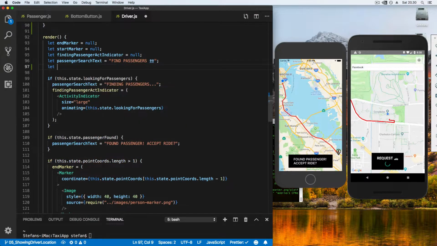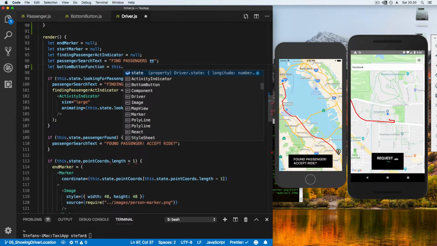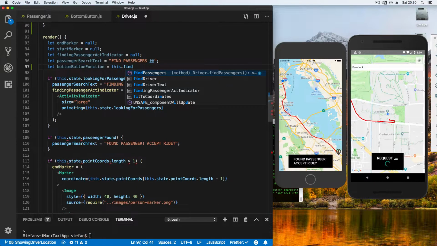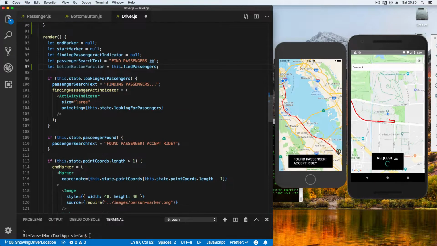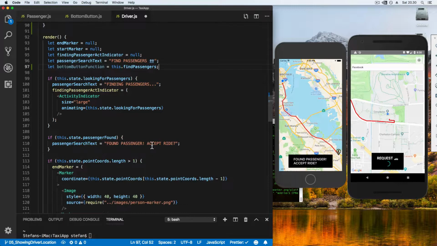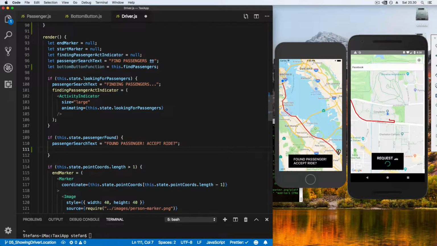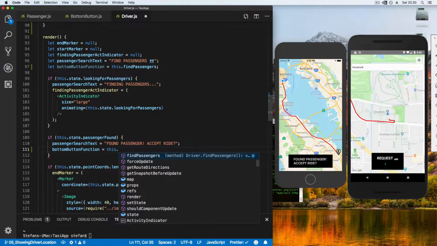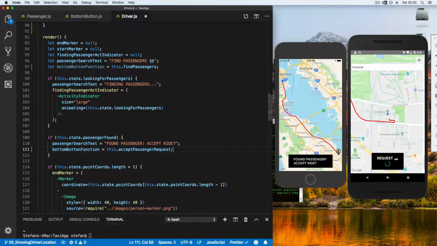So let's define a button function. We define it first as find passengers. And if we are looking for passengers or if we have found a passenger, we are going to change it to